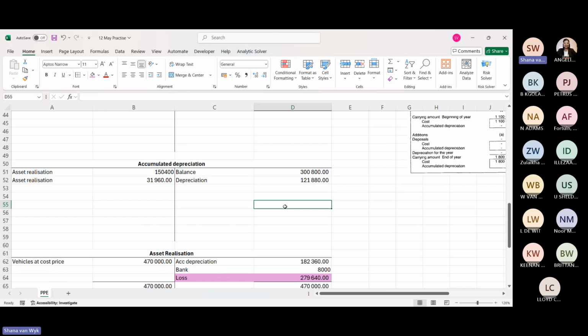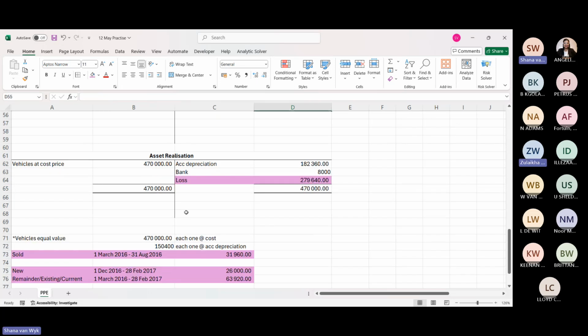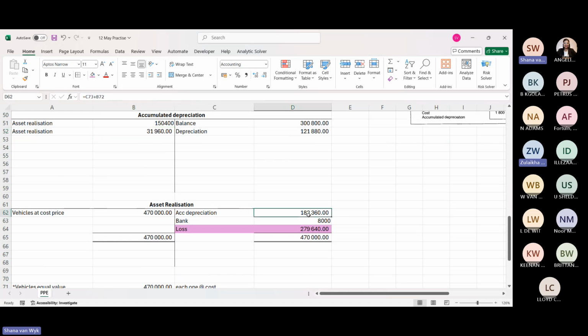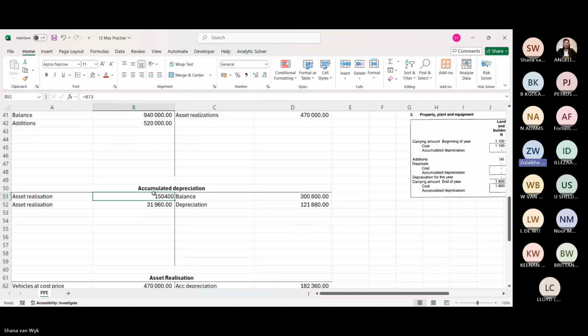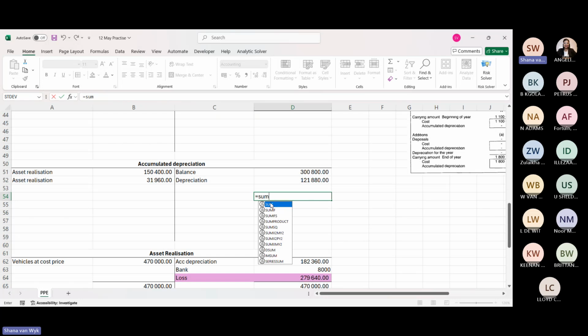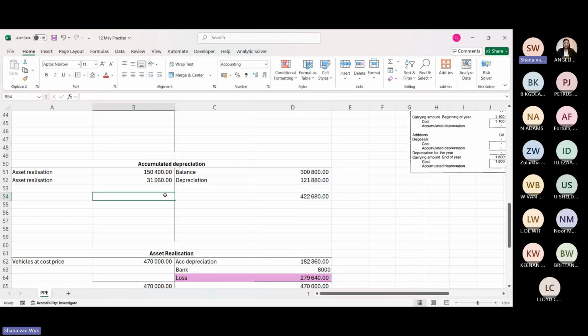Why am I confusing myself now? I don't think that 150 must be there. No, for the current year, it must be there. Yes, it must be there. Because these two, we were supposed to add it in the 150, 400, but we didn't. Oh, as one. You're right. Yeah, I think so. But it's fine if we can keep it like that. So I'm just gonna say some, and then